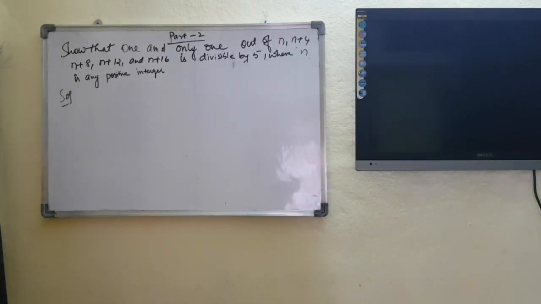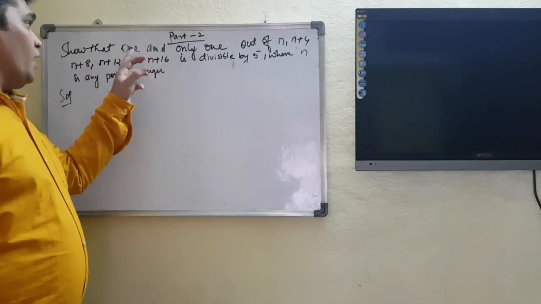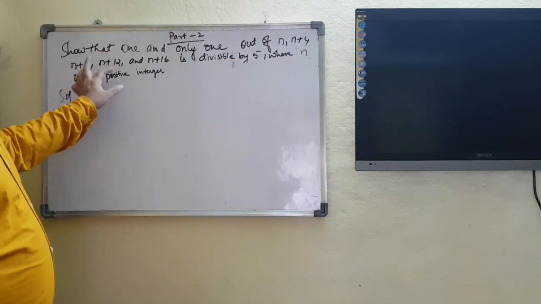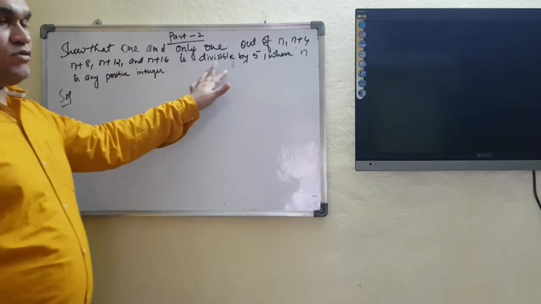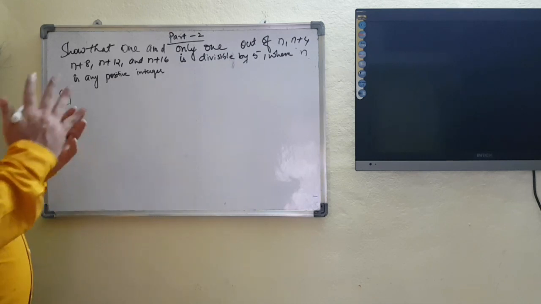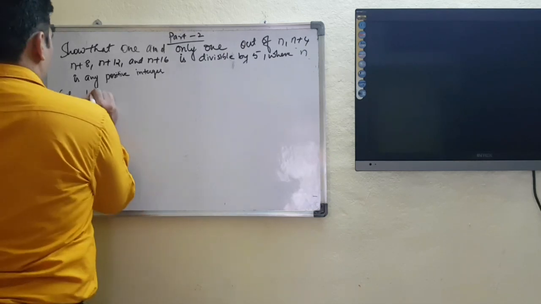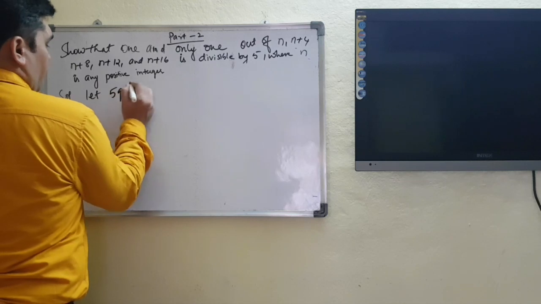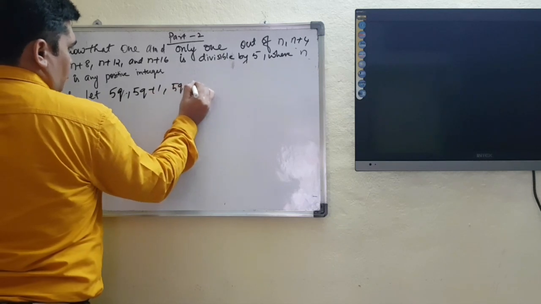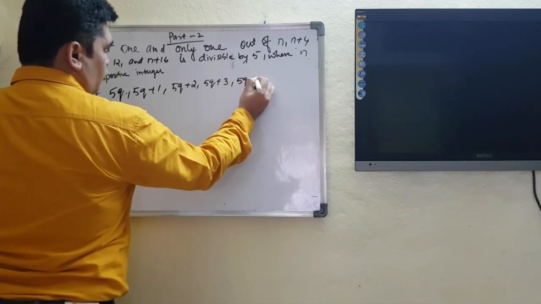Now let's do one more problem. What this question says: show that any one and only one out of n, n plus 4, n plus 8, n plus 12 and n plus 16 is divisible by 5 where n is any positive integer. To solve these conditions, I am going to consider a few positive integers. Let 5q, 5q plus 1, 5q plus 2, 5q plus 3, 5q plus 4